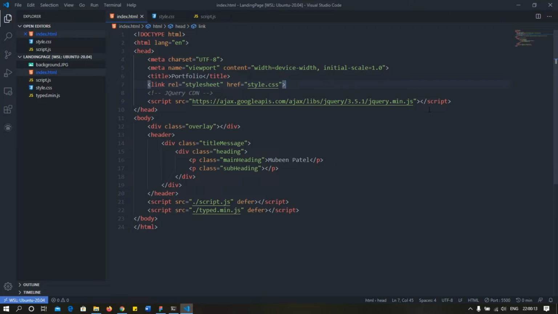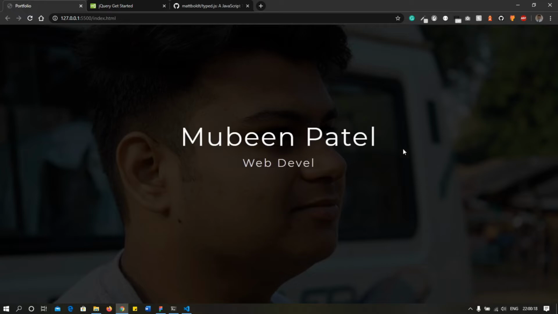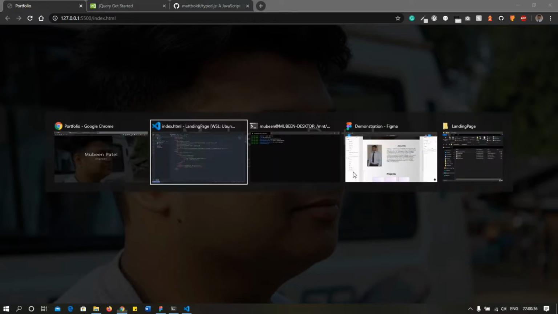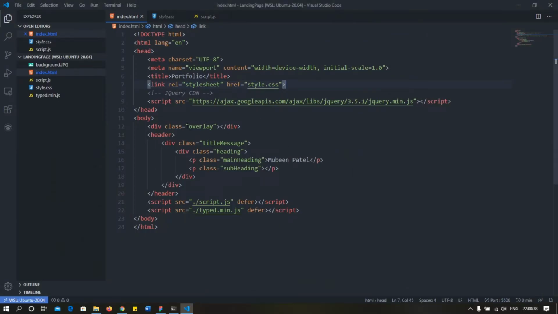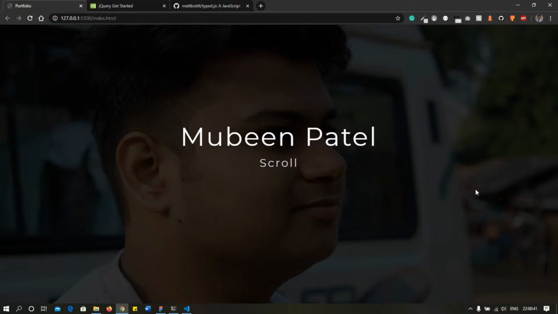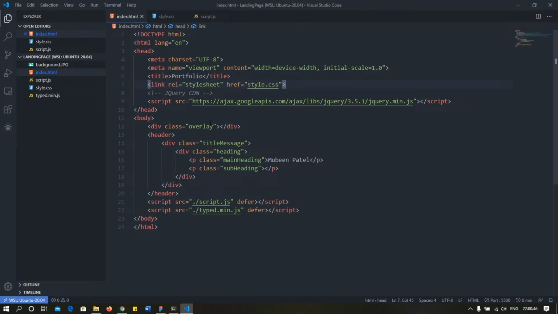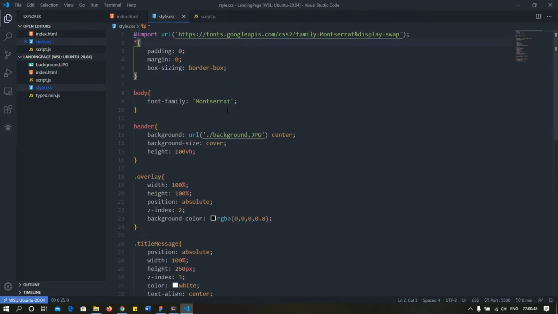Okay, so jQuery is used to simplify JavaScript, and then we have our web page that we have to design. So this is our web page. We have used a background image. You can use any image as you want. You have your name here and the elements that are going to be typed out below. And as my image was a bit brighter, to create a contrast between the image and the text, I have used an overlay. The black film that you see over the image is the overlay. I have designed this overlay in CSS. I'll explain how I have done it.